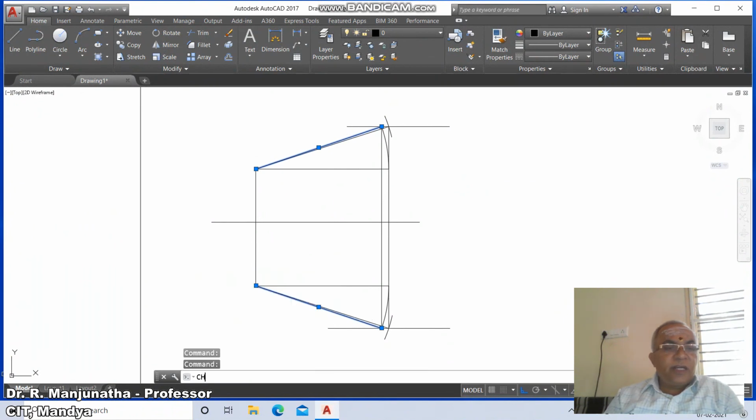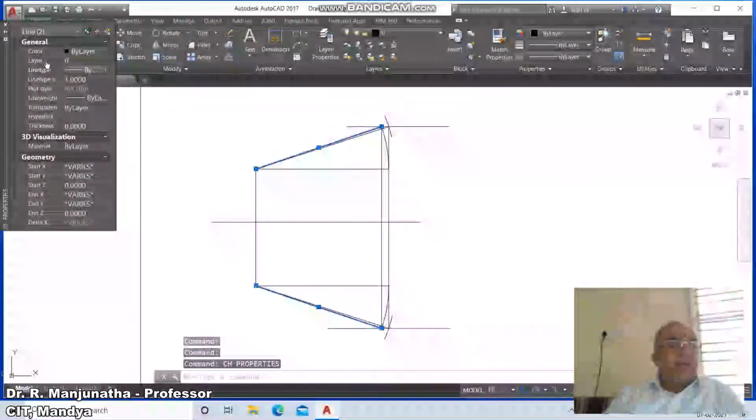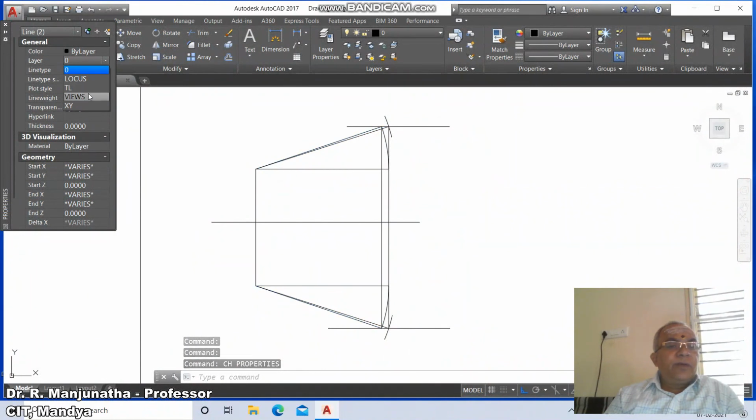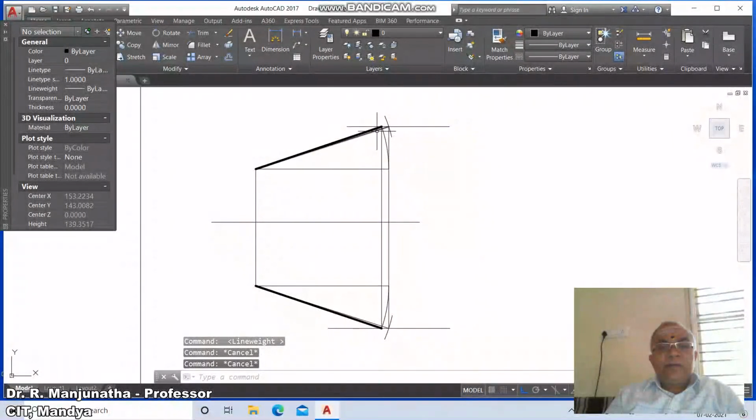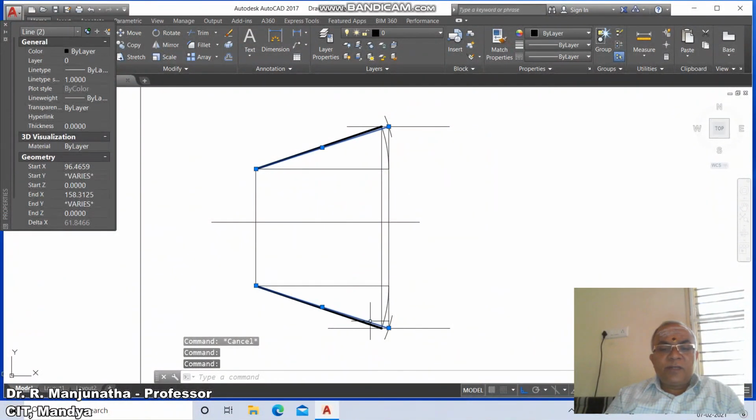Go to change, CH. So go to layer and you make that layer as view layer. So once you do that, you just click on this line weight display. Similarly you select on this and you select on this. So you make that layer as true length. You come down to true length.